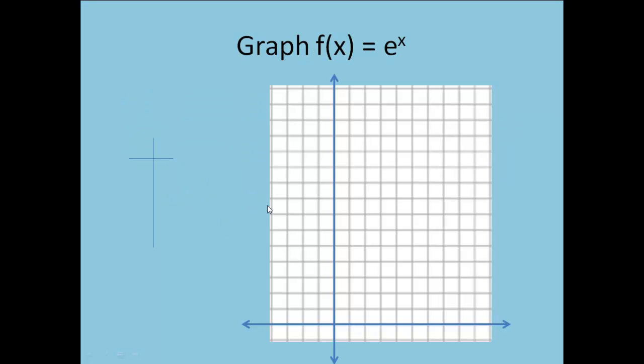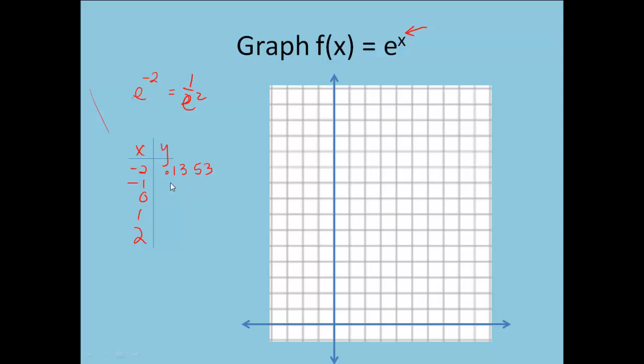Okay, now we can also graph e. The graph of e is going to be an exponential because it fits into that family. Our exponent is in the variable, which makes it an exponential function. So when we go to graph e, we're still going to do just a regular table of values. I'm going to pick my values to be -2, -1, 0, 1, and 2 to start with. Remember, you can always add more if you need. Now when I plug these in, I'm going to do e raised to the -2. Remember, that does not make my value negative. It makes it 1 over e squared. And when I calculate that out, I get